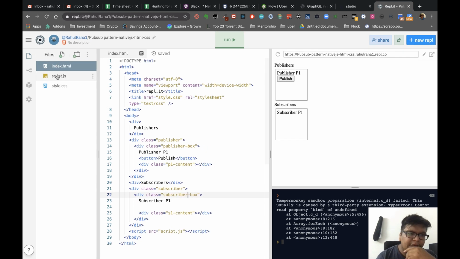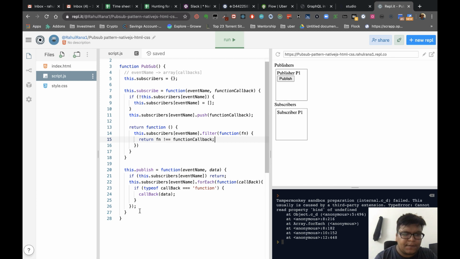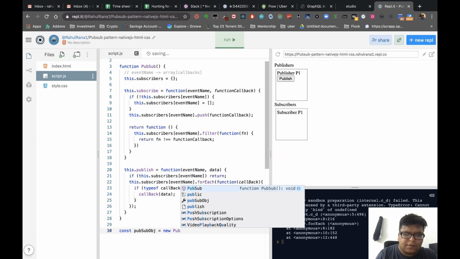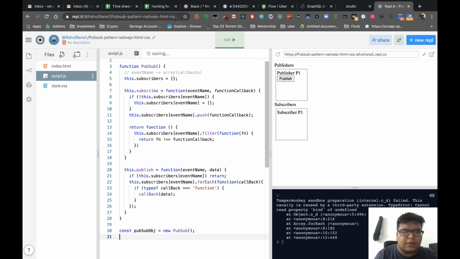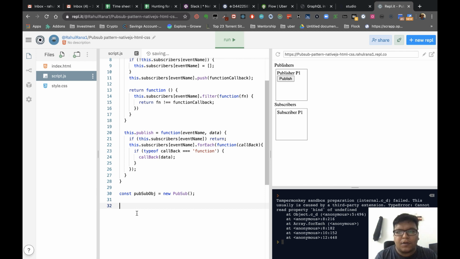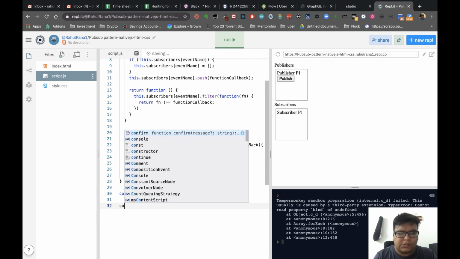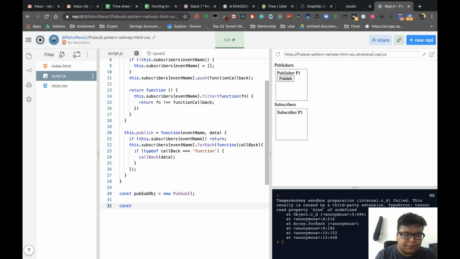So now let's try to publish the data. We have the observer object which we created. Now we know, okay, right now const event class.